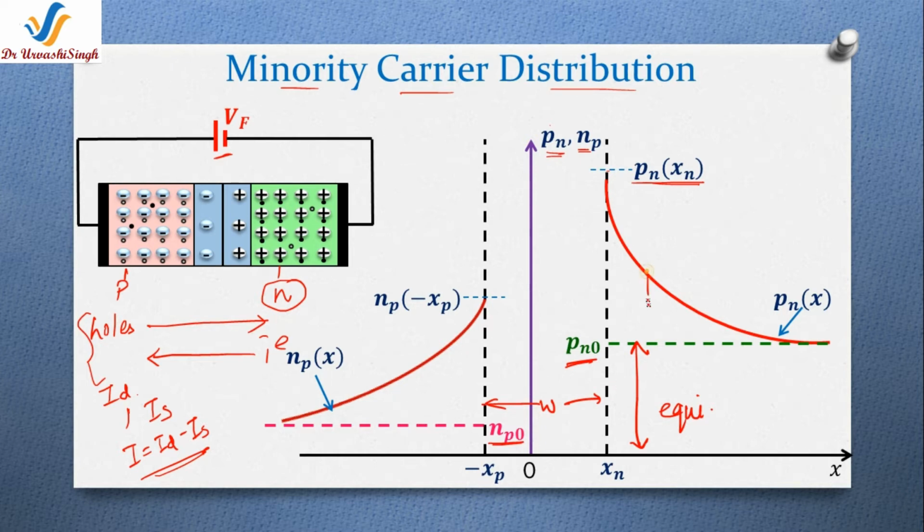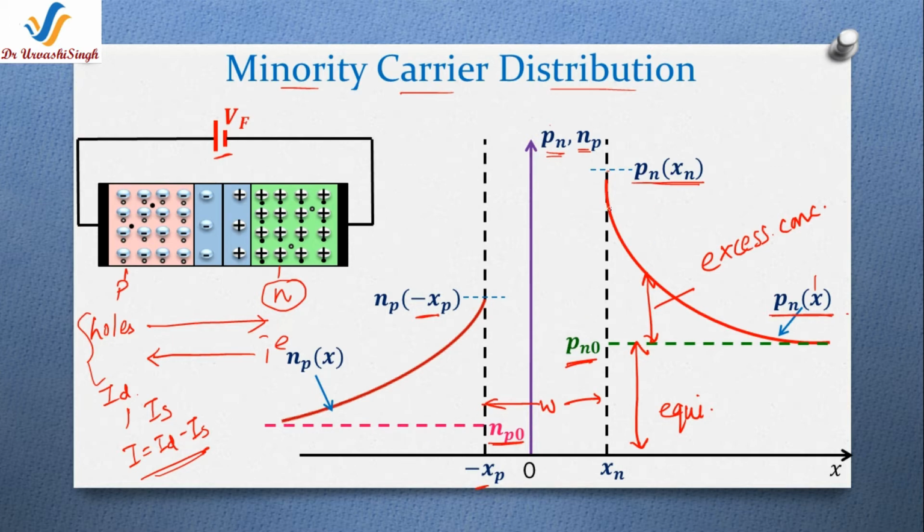What is the extra count of the minority carriers? This is the extra count, which can be called the excess concentration of the minorities, and Pn(x) denotes the minority carriers at point x. Similarly, at the N side you can see all the points. So minus xp is the edge of the depletion region towards the P side.